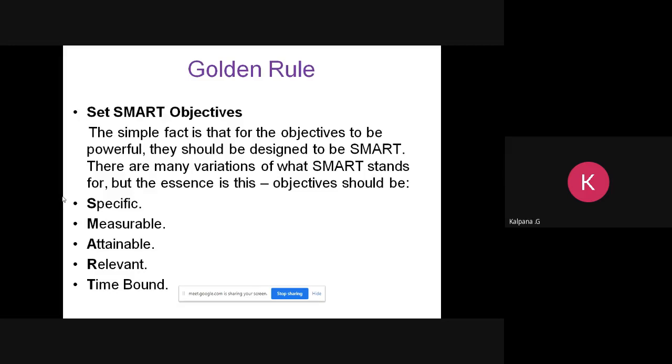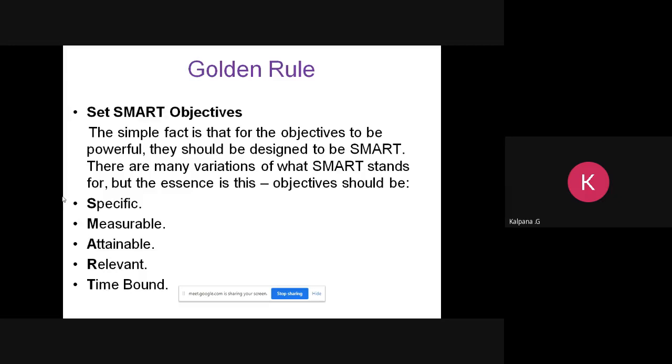And then the third point is attainable or achievable. Is it actually possible to achieve the objective? When we talk about this, we are not just going to stop at thinking whether it is possible to achieve or attain the objective. We are going to tell that in terms of market demands, time period, and resources allocated. Whenever we make a plan or set an objective or a goal, we are going to consider three criteria: market conditions, time period, and the resources available.